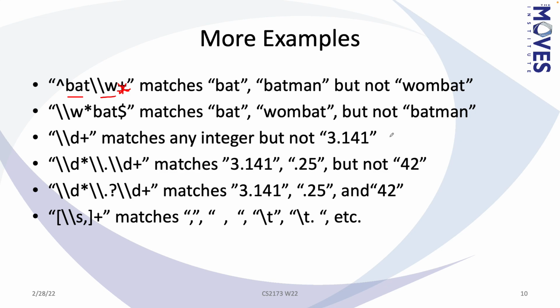Now, with respect to numbers, so far we can match digits, but a lot of times we have floating point numbers. So how do we deal with that? Well, first of all, remember, because the dot has a special meaning, if I want to say I really mean a dot and not a wildcard character, I have to escape that. I escape it by giving it a backslash, and because within the string I need to say I really need a backslash and not an escape indicator, I need to escape the backslash. So in order to escape the dot,